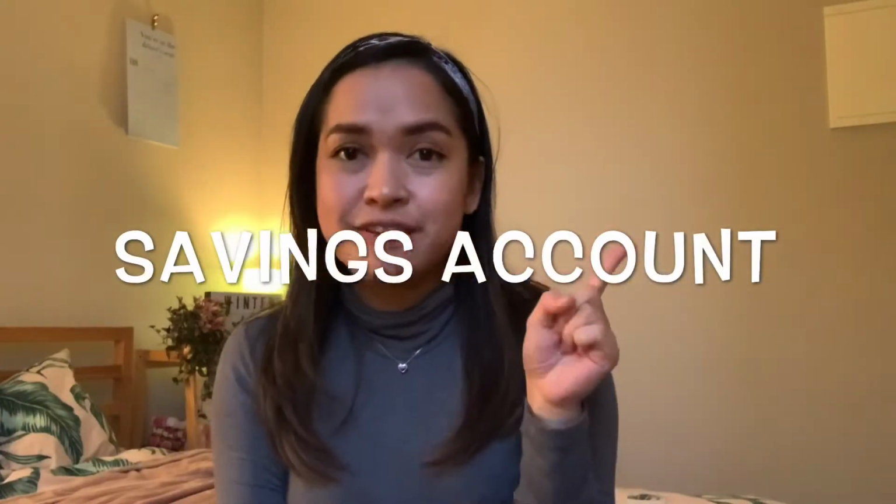First up, savings account. Just an update, nothing's really changed since we had a chat about my savings account. I still have one savings account. It would be ideal if I had a different savings account for different purposes, but since Melbourne is in lockdown, movement is limited, so I'll have to make use of that one savings account that is linked to my current debit account. In that debit account, that's where my employer deposits my salary, so I figured I'd just budget whatever comes into that debit account,